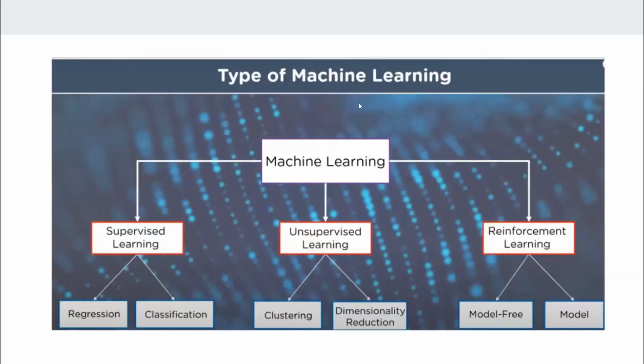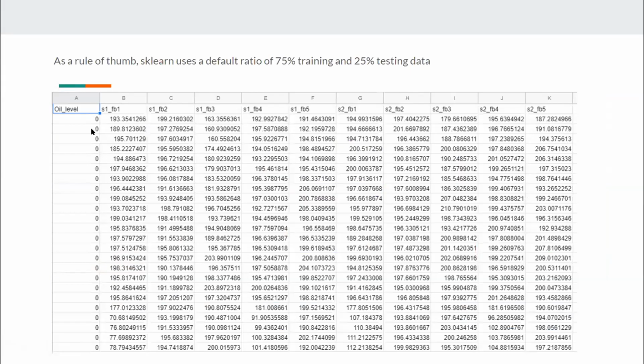For this project case, for the gearbox oil condition, I'm going to use supervised learning, since I have taken already used data sets. Maybe the data set is not relevant, but I'll just show them. The part which I've selected is classification. In sklearn, obviously, it will take a ratio of 75% training and 25% testing data. And this is the data set which we already checked for the engine condition in our lab 4.